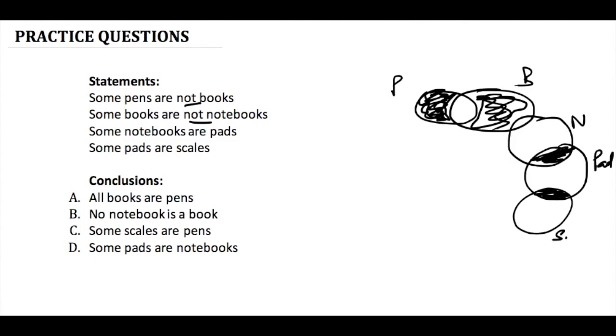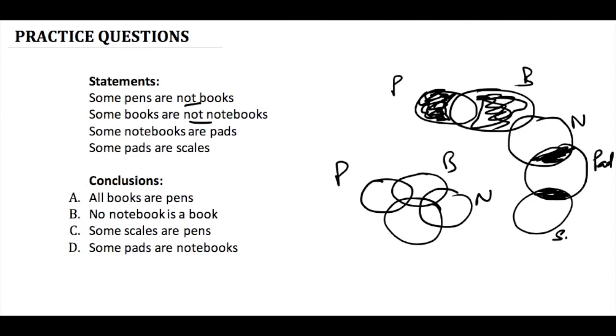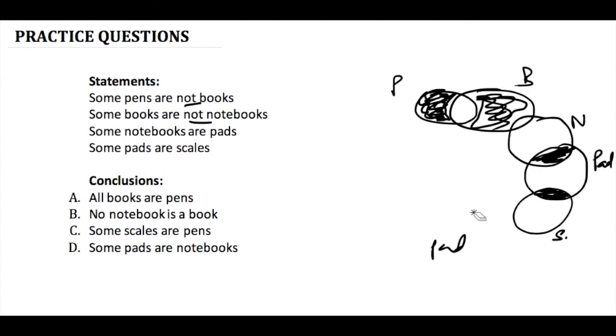इसके बहुत सारे कॉम्बिनेशंस हैं, अगर हम इसको सर्कल में डाल देंगे, देखिए इस तरह से भी कर सकते हैं हम इसको, एन ले लिया, एन के साथ ही पैड आ गया, पैड के साथ ये स्केल आ गया, इस तरह से बहुत सारे कॉम्बिनेशंस हम बना पाएंगे, लेकिन हमने ईज़ीएस्ट कॉम्बिनेशन बनाया है उसको ही हम यूज़ करके सॉल्व करने की कोशिश करेंगे। ऑल बुक्स आर पेन्स को हमें गलत प्रूव करना है।